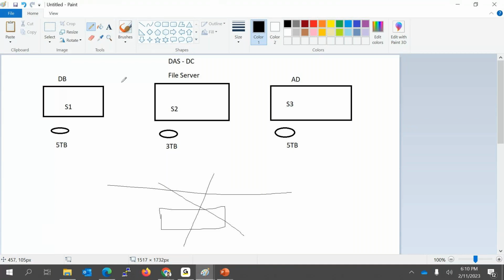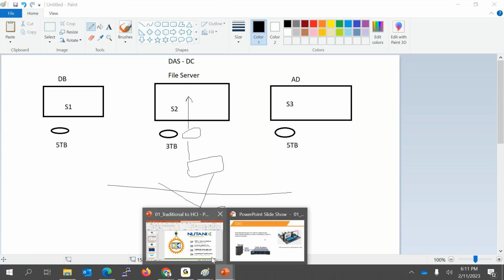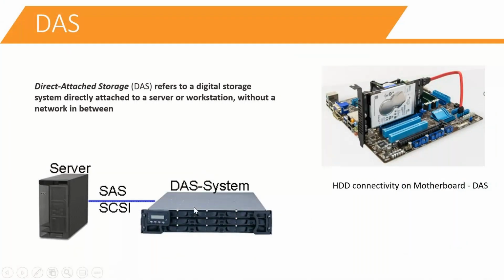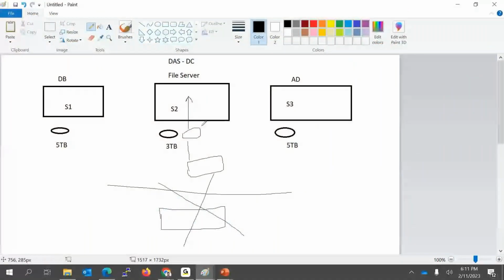Okay, but now the problem comes here. Consider at one point of time the file server's storage has almost reached 90 percent, so now it needs additional storage. So what you do is you look for whether there is a slot available here, you can buy a new hard disk and attach it to this. Otherwise you can see if there is any disk shelf available, similar to this. Okay, so it has a collection of disks. You will connect that to your server and you add more storage.